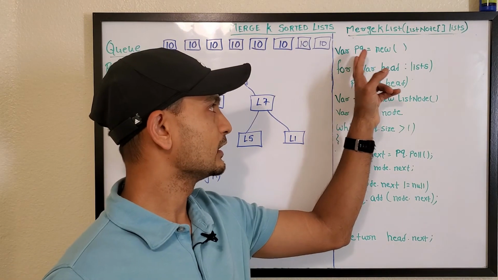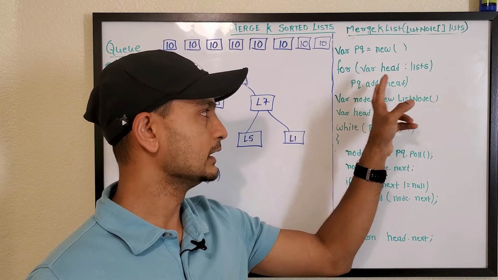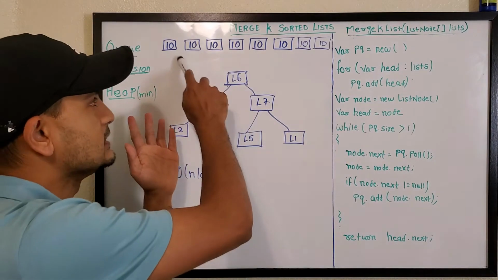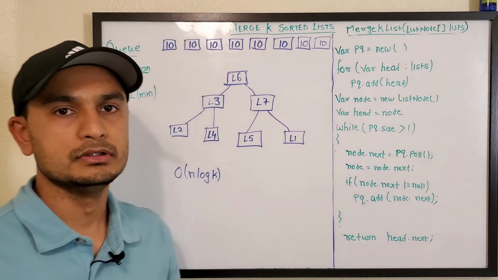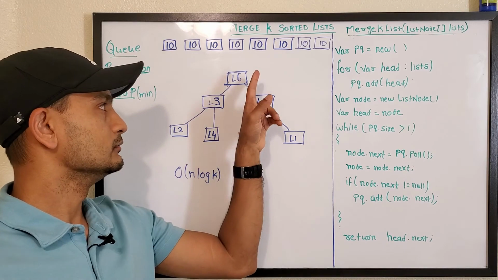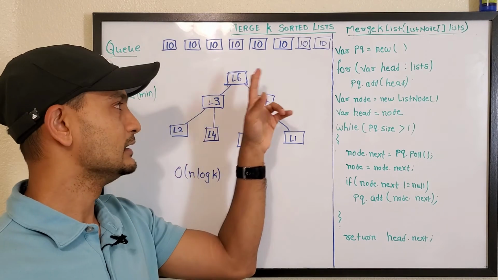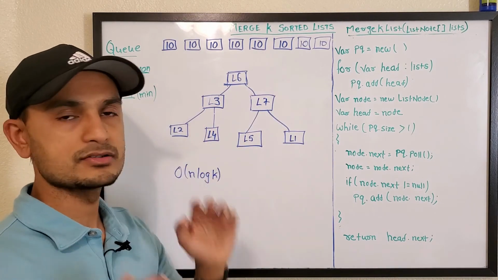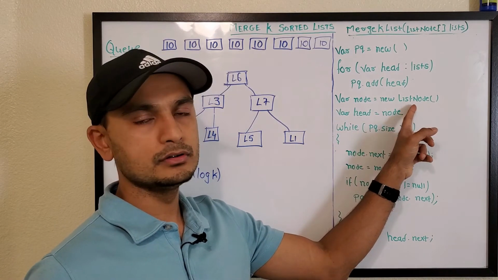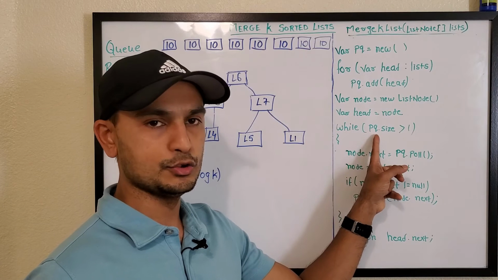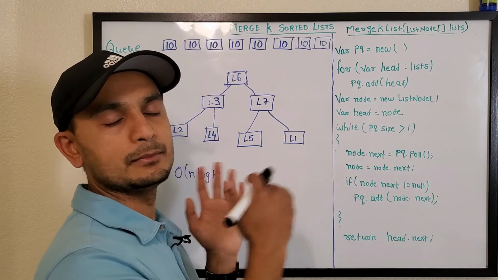So we are initializing a priority queue, and then we are adding the heads of all the lists into the priority queue. So let's say we have these 8 lists and we've added them into the heap. So let's assume that the element from list 6 was the smallest one amongst the 8 of them. So that's why L6 is at the top, and the rest are arranged based on their values. And what we do next is we create a dummy node, and then we start traversing through the priority queue, and we'll start putting the nodes after the dummy node. So that'll be our merged list.